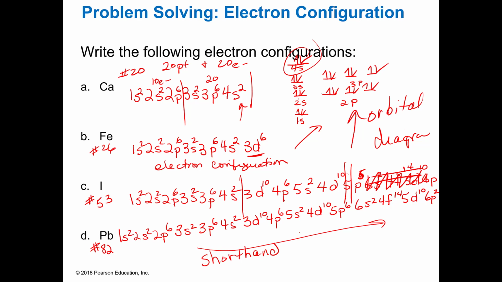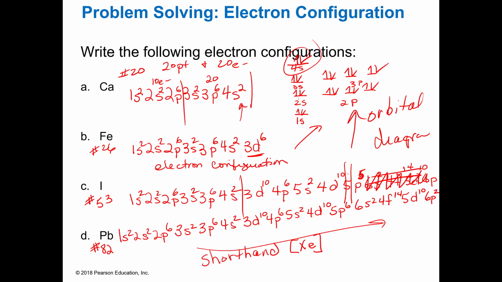You go back to that column 8A, and that's called the noble gases, and they are a full p orbital. They're a full p6 orbital. You can go back to that one, whichever one it is, and say